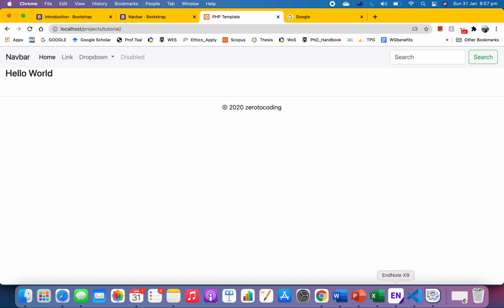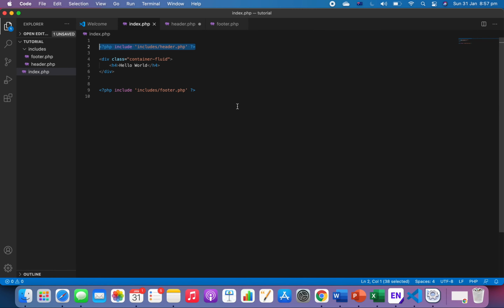So we're going to start with the code we did last time, a very simple one, right? We have a folder called includes with header and footer PHP templates, and then we've got an index, this one, that includes our header and footer. So right now what we want to do is include a